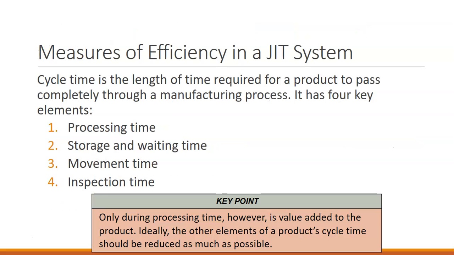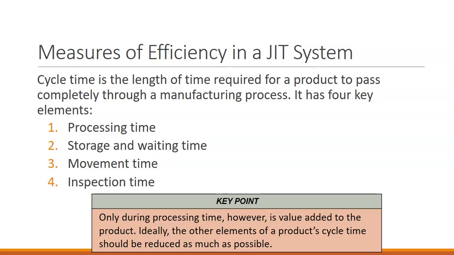When we're measuring how efficient a just-in-time system is, we use a thing called cycle time. Cycle time is the length of time required for a product to pass completely through the manufacturing process. This includes the production time, any storage and waiting time, its movement time, and its inspection time. Only during that processing time is value added to the product. Storage time, waiting time, movement time, and inspection time need to be reduced as much as possible because they are